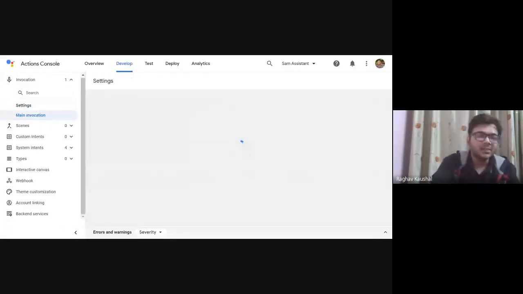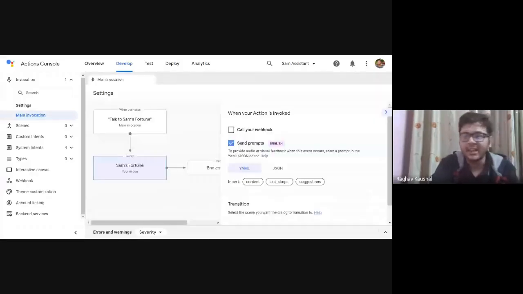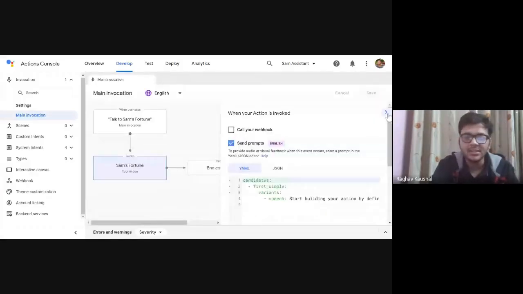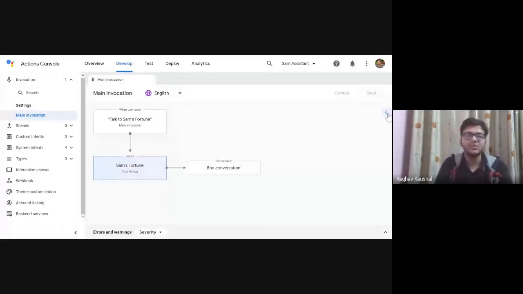Here, main invocation is, let me give you an example. Whenever you say OK Google, that is called the main invocation. The OK Google term is the main invocation, or you use Hey Google, that is the main invocation.